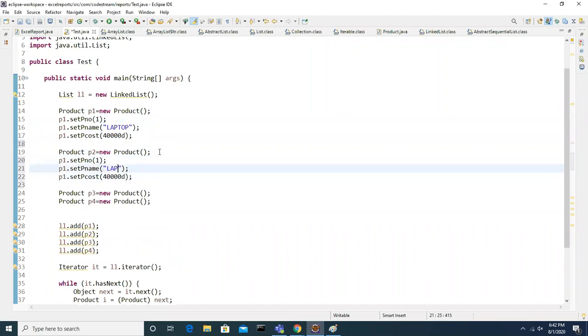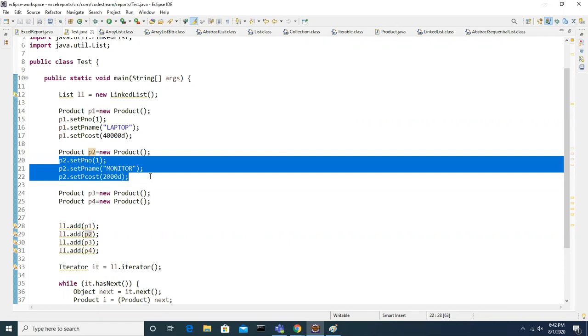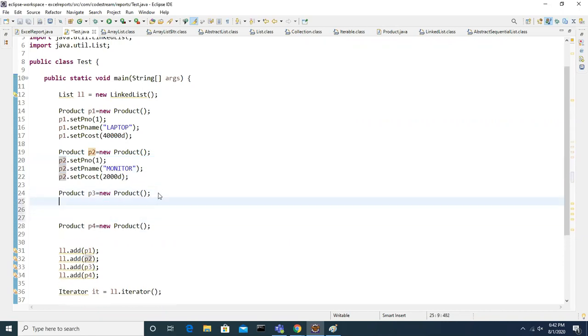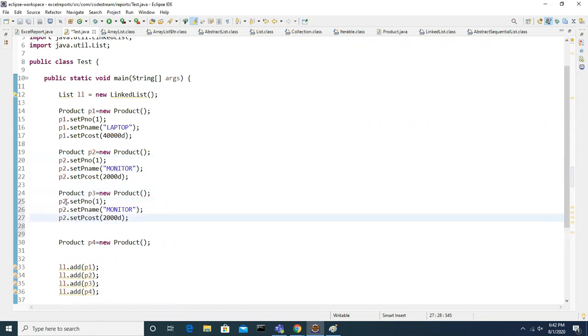So this is monitor. Monitor, let's say it's 2000. This is P2. And let's add this P3.